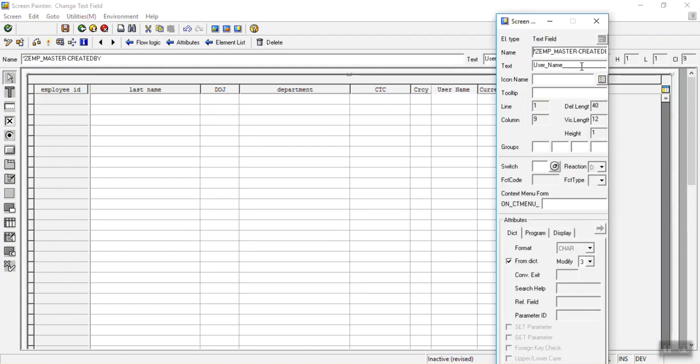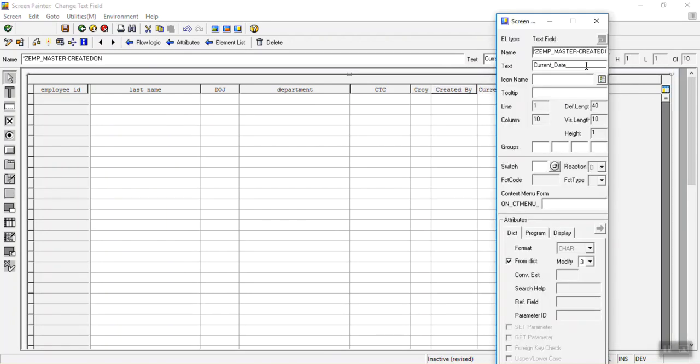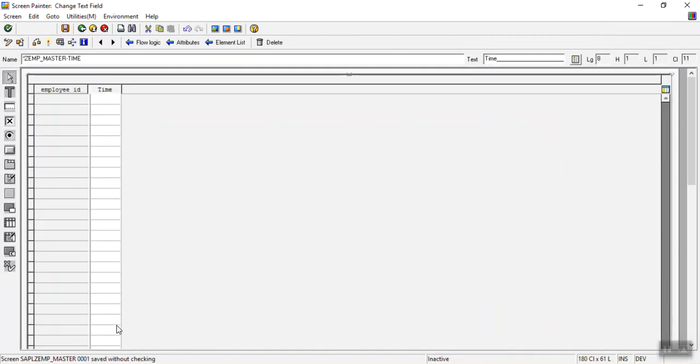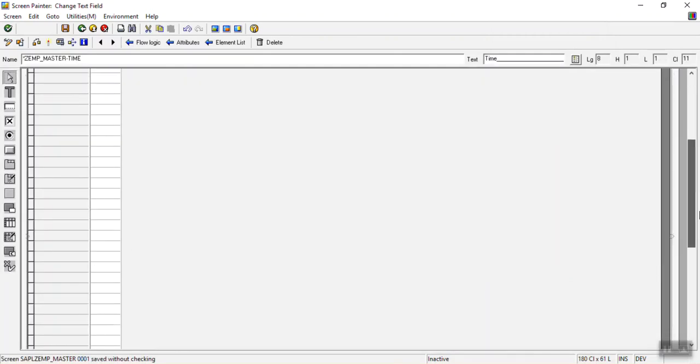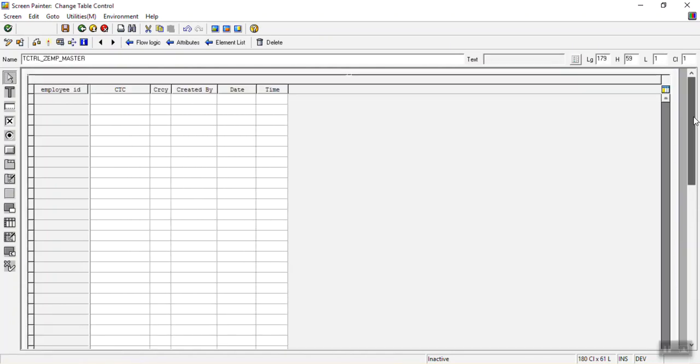Okay, first let me change this. I want to mention it as created by, date and time. Now I want those three fields to be greyed out. I want the table to fill these automatically. Okay, so to make this display mode,